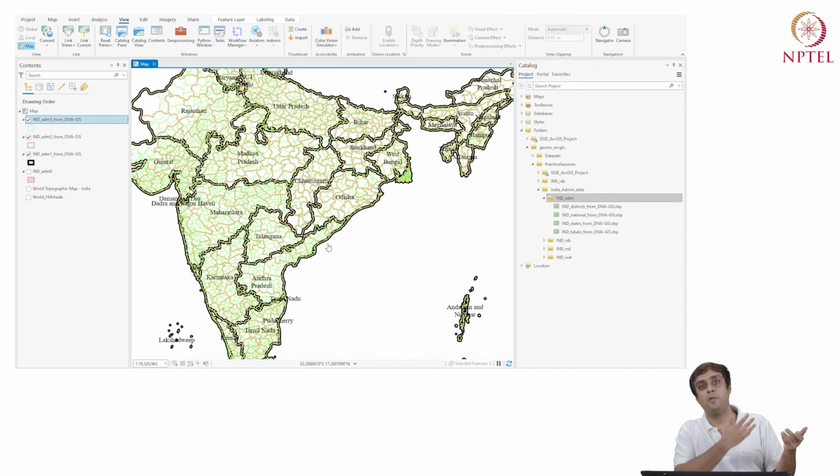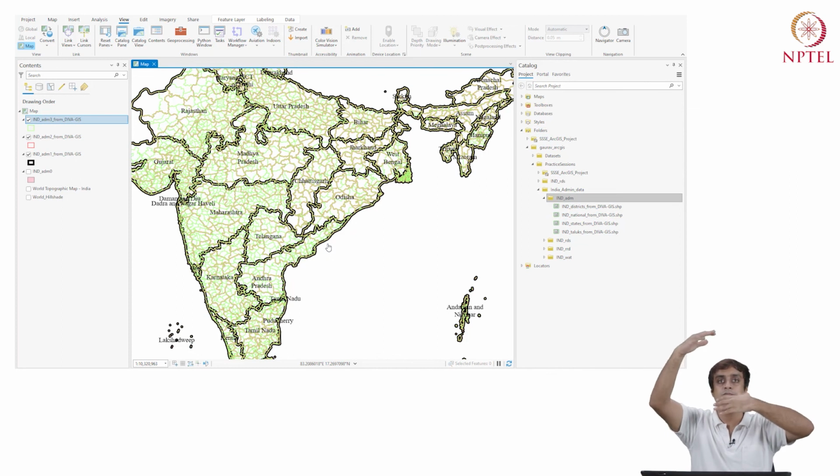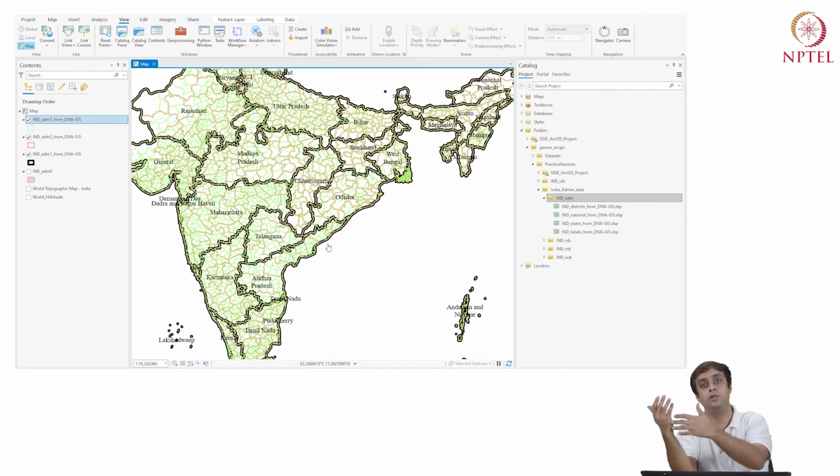We are playing with symbology, we are playing with labeling features, and we are trying to create a visual, a picture of multiple layers put together, one over the other, where polygons of different size are visualized at once. Their location, their shapes, their sizes, their respective locations, and so on and so forth.